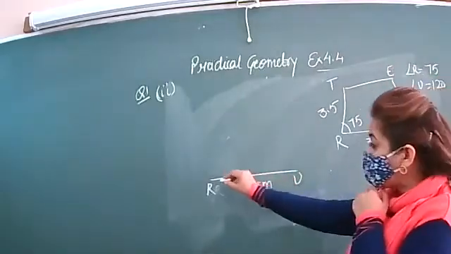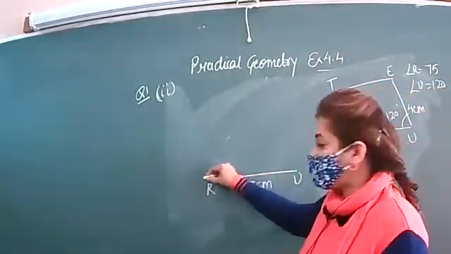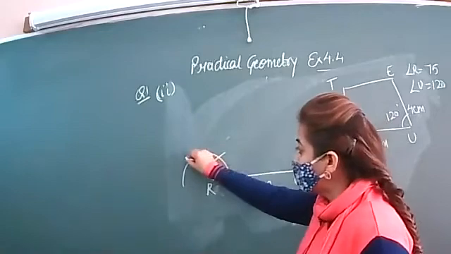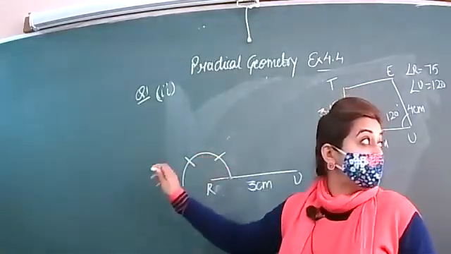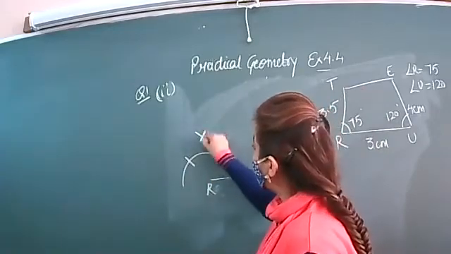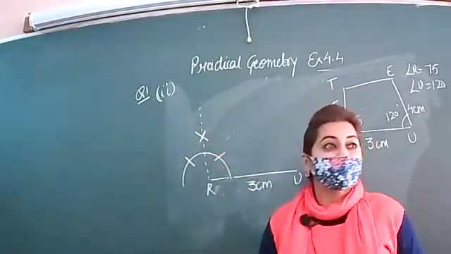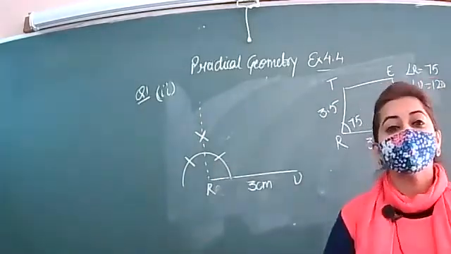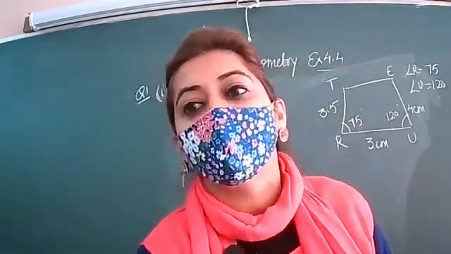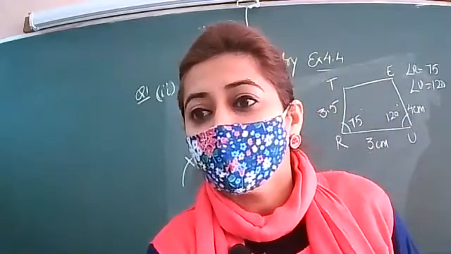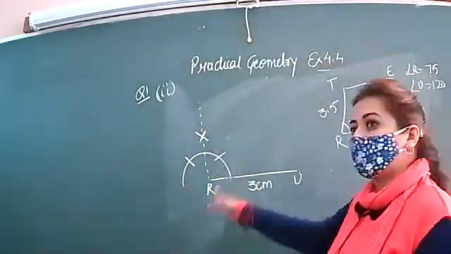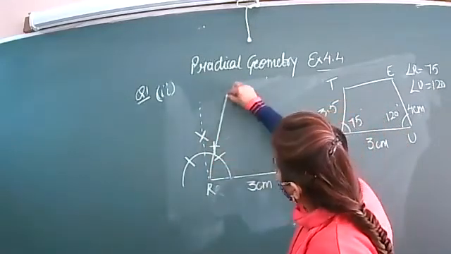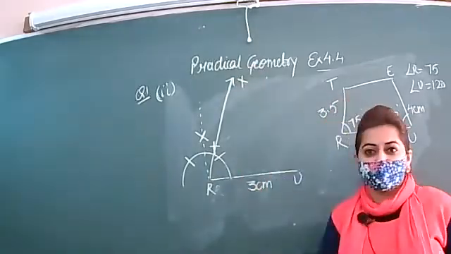Now, at R, you have to draw 75 degrees. Open the compass to any radius. Put the semicircle here. From the first point, if you mark the arc, this will be 60. The second is 120. Make the half of 60 and 120. This will give you 90. As you know, 90 is not required. It is not the main part of the question, so we will draw a dotted line. But if you draw a solid line, then no problem at all. You can draw this in solid form also. Now make the half of 60 and 90. This will give you 75 degrees. So draw this and write X here.